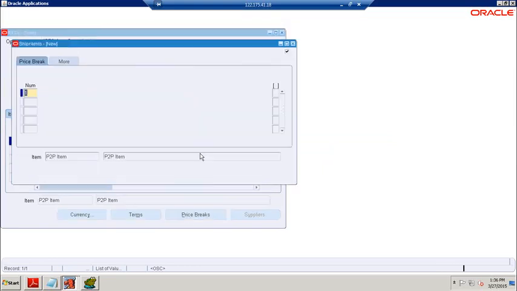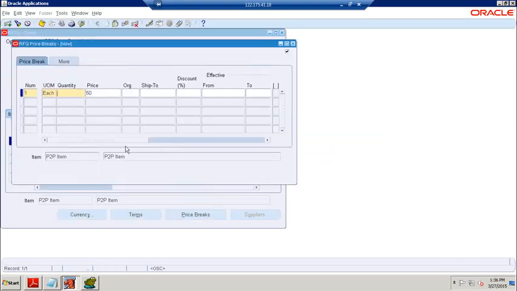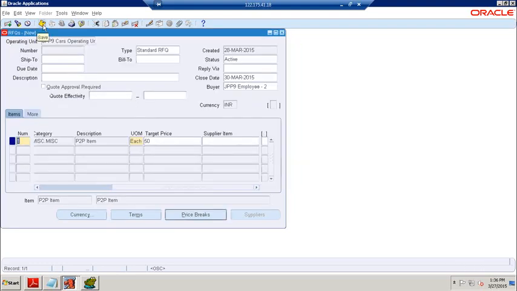Then we are going to price breaks. So here we clearly ask the supplier, okay, we want to purchase 1000 quantity from your side, how much discount do you provide. We just ask the supplier, we purchase 1000 quantity, but the price and the discount price is decided by the supplier only, okay, we never provide that information. And here once it is completed, now we are going to save the records, okay, so save it.